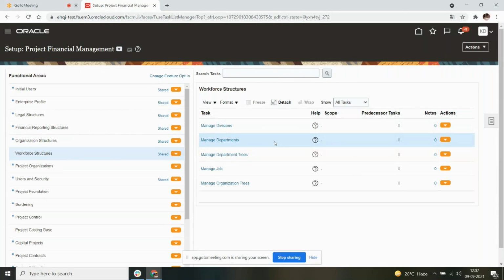But if all the organizations are part of those departments, we won't create any departments. Before coming here, in our e-business suite, we used to create organizations, classify them, and then assign them to the organization trees. Right, guys?